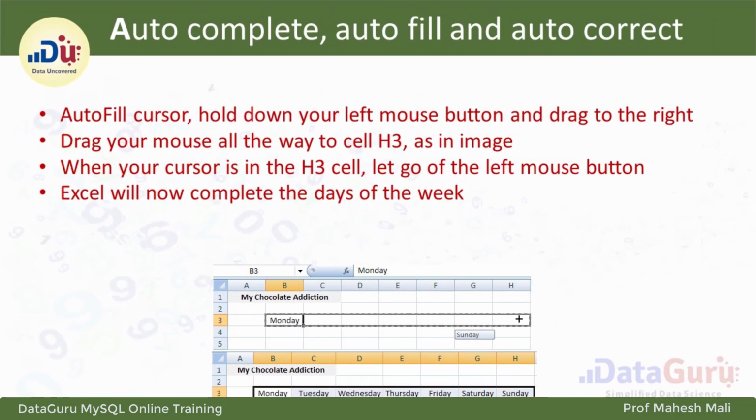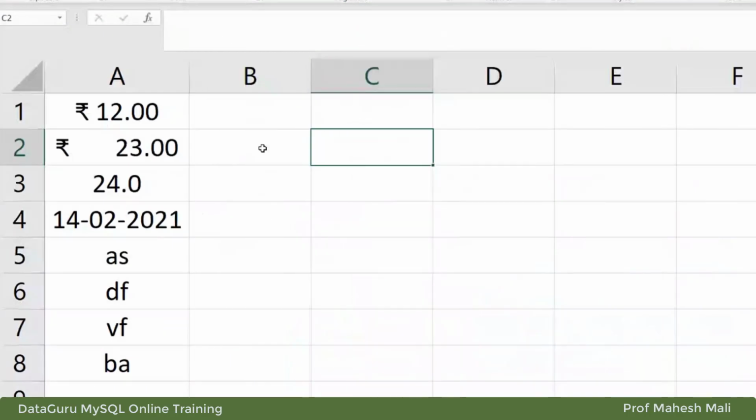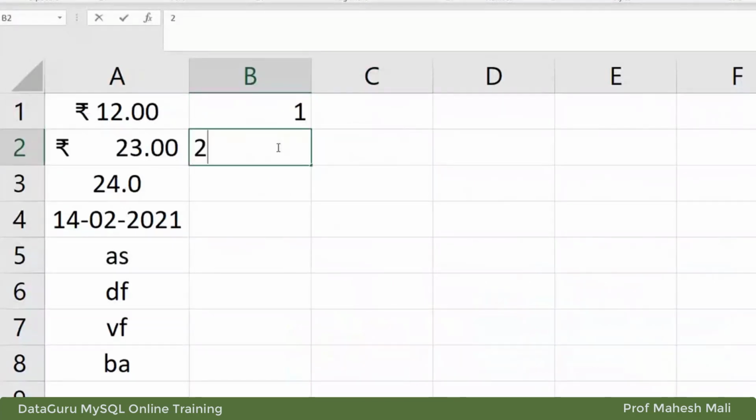All right, after that, a very important functionality given by Excel is called autocomplete, autofill and autocorrect. Now suppose I want to enter all the numbers 1, 2, 3, 4, 5, 6 up to 1 lakh, then it will be very difficult for me.